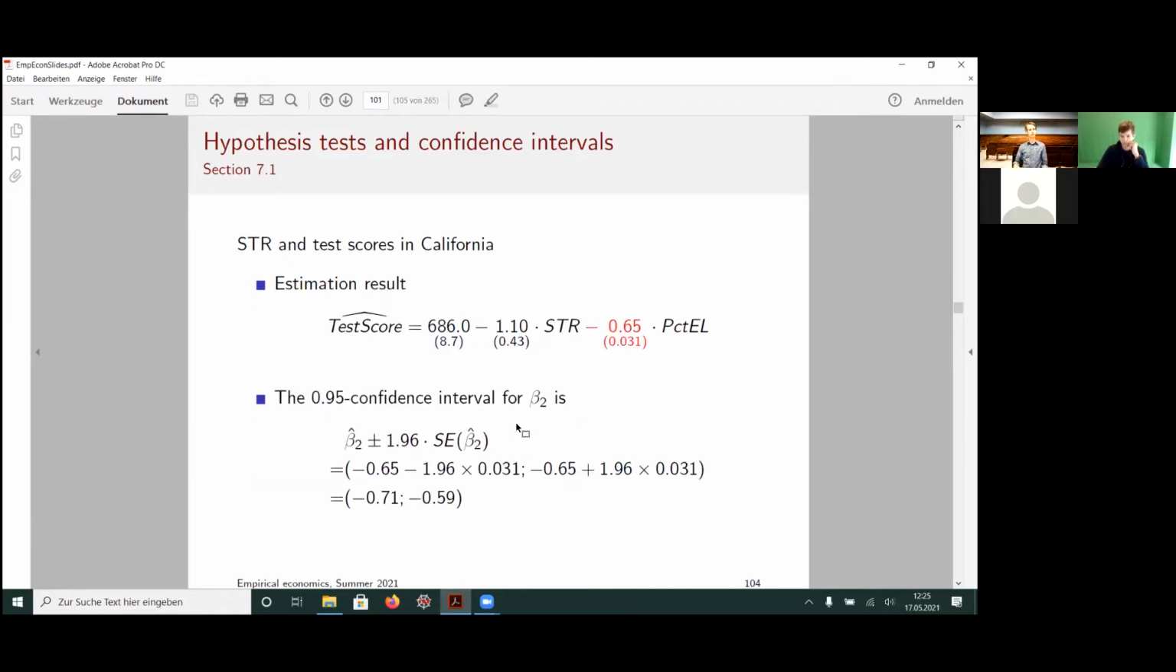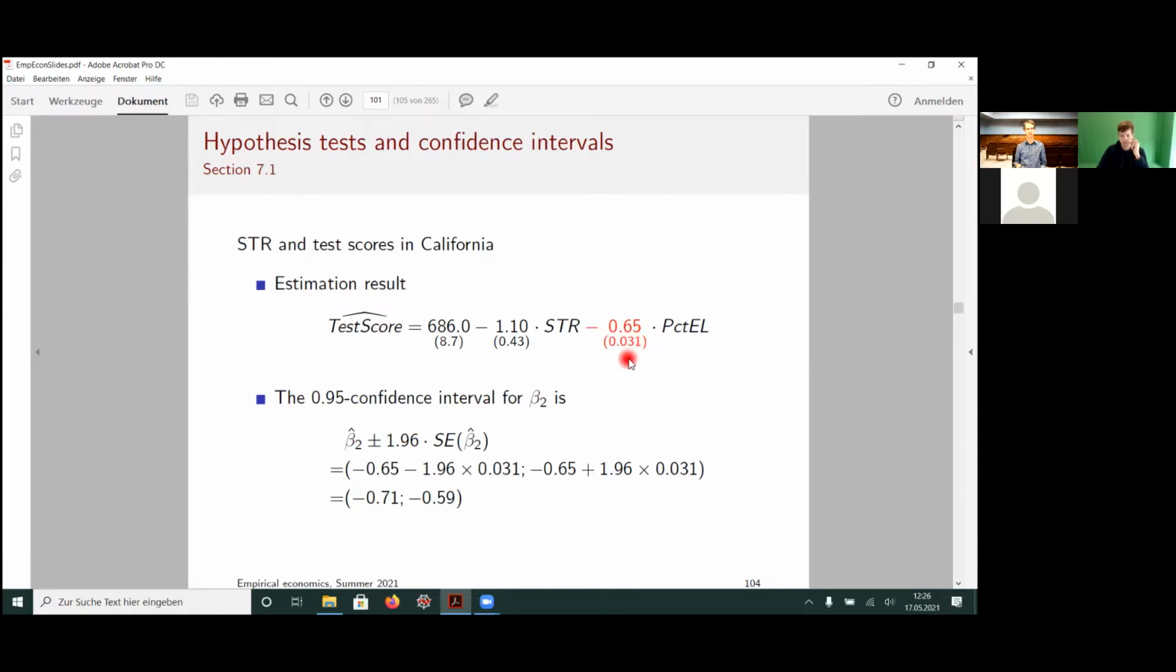Now let's look at the case where we would like to construct a confidence interval. So same outcome. This is exactly the same line as before, but now we would like to get a confidence interval for the slope coefficient of the regressor percentage of English learners. So remember, this is the share of students that do not speak English as a native language. And we construct the confidence interval by using the point estimate, which is minus 0.65. And then we subtract and add roughly 2 times the standard error. So let's start with this rule of thumb. We take minus